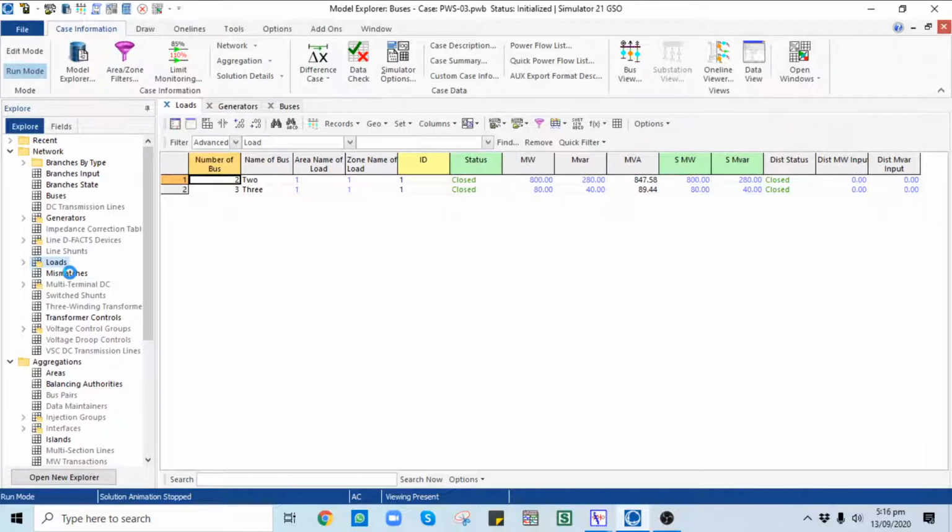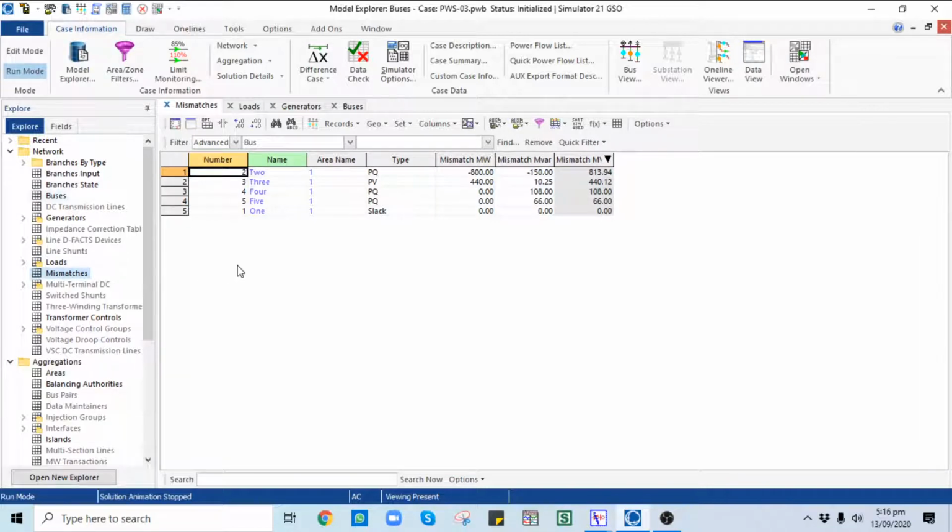Similarly, you can also see the mismatches. Here you can see it because the system is at initial condition and there is a megawatt mismatch as well as a megavar mismatch. Our focus will remain throughout this lecture on this mismatch, because in Gauss Seidel methods a number of iterations are required to reduce this mismatch, and similarly for Newton Raphson there will be fewer iterations, and also for the fast decoupled option, that is a robust option up till now in the power flow solution techniques.